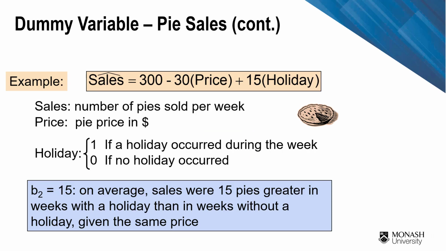Okay, so here's the results, all right? So let's recap that. Sales, number of pies sold in the week. Price is the price of the pie. And holiday, if there is a holiday occurred in that week, if there is any public holiday. So what we can see, so in this case,